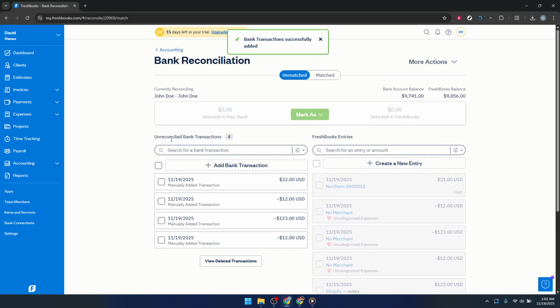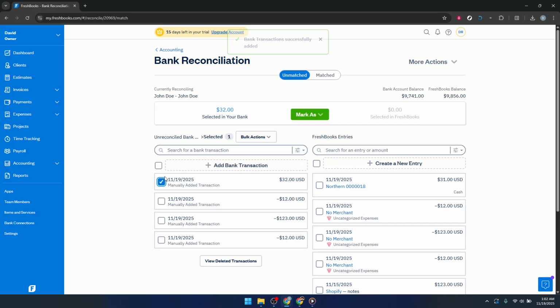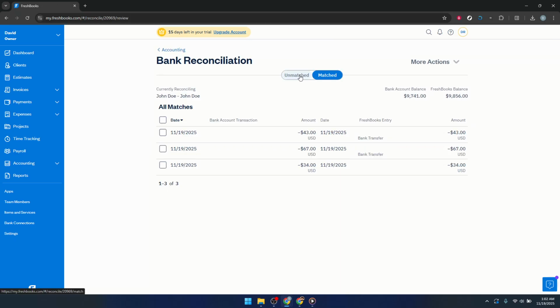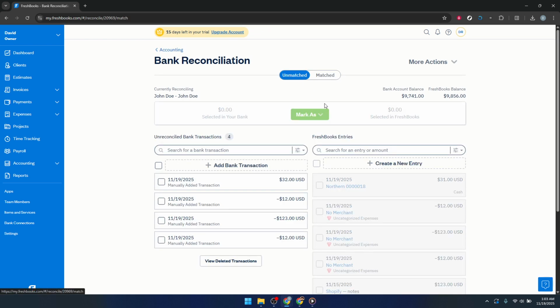Start by reviewing the suggested matches Freshbooks provides. Approve the ones that are accurate, and if something doesn't look right, skip it and match it manually. If your bank shows a transaction that doesn't exist yet in Freshbooks, add it by choosing Create a New Entry on the right side. Then select whether it's an expense, other income, invoice payment, or bill payment, and fill in